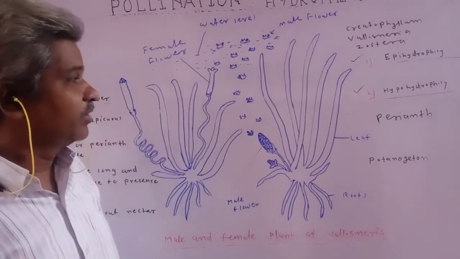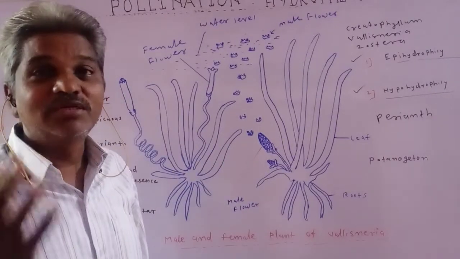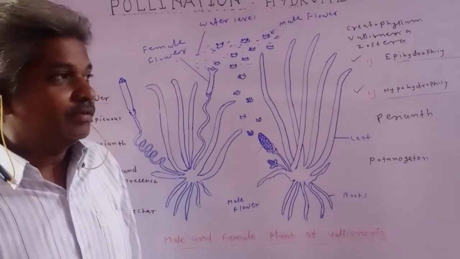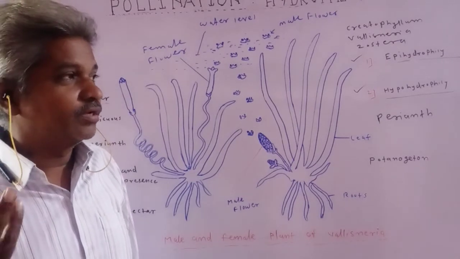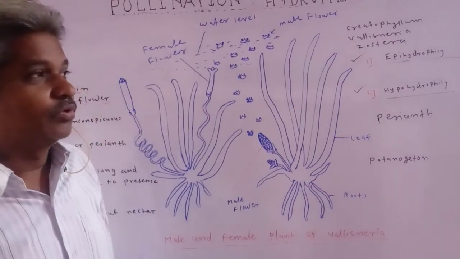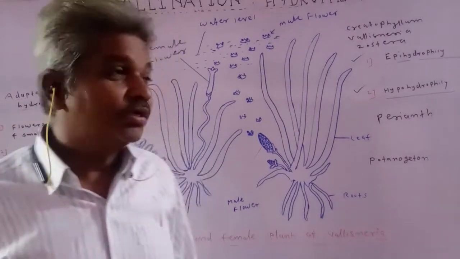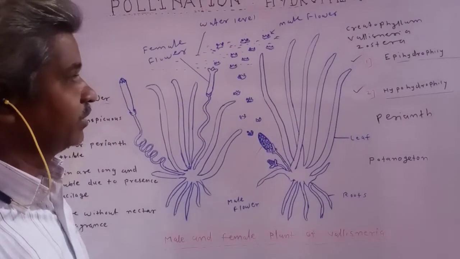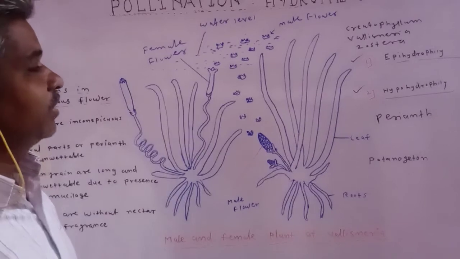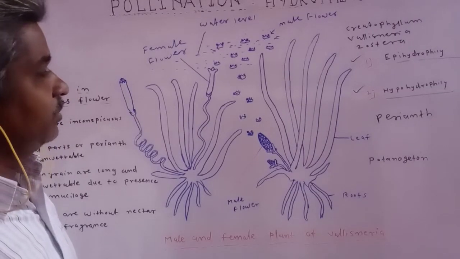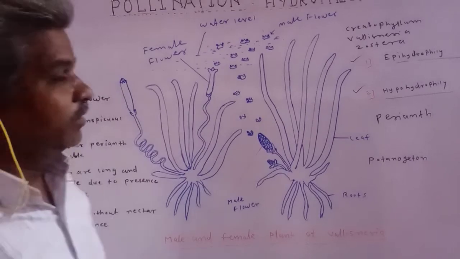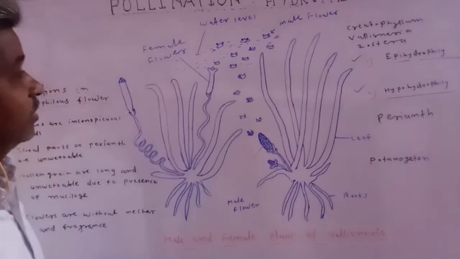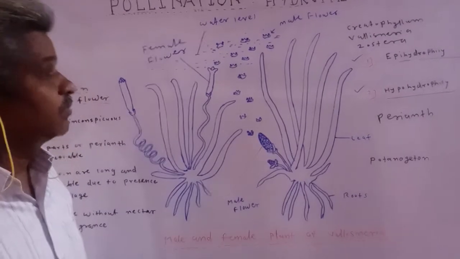The pollen grains released from the male plant are long and ribbon-like, and when they are caught by the female flower below the surface of water, such pollination is observed in Zostera. This is about hypohydrophily and all about the types of hydrophily. Hydrophilous plants are generally dioecious. Hydrophilous pollination occurs in some aquatic species,